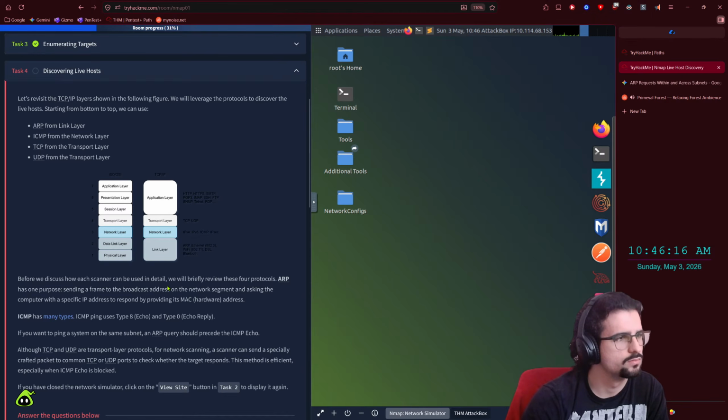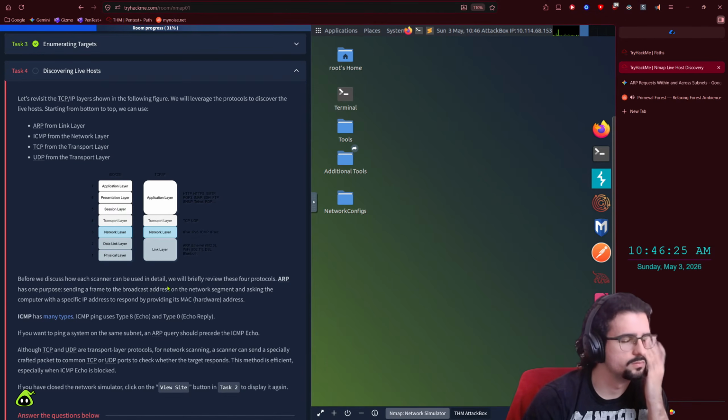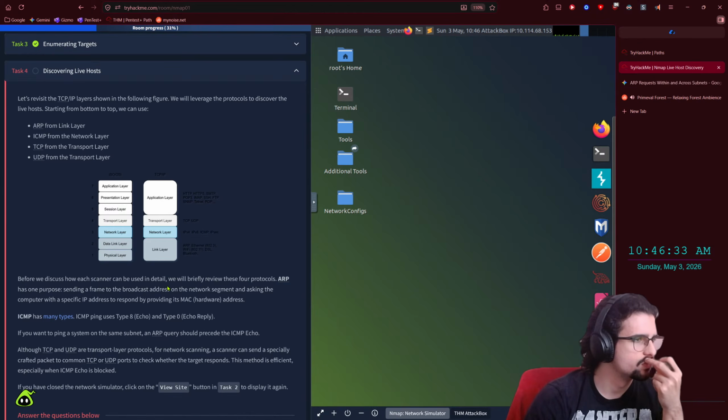Let's revisit the IP layers shown in the following figure. We will leverage the protocols to discover the live hosts. Starting from bottom to top, we can use: 1. ARP from the link layer, 2. ICMP from the network layer, 3. TCP from the transport layer, 4. UDP from the transport layer. Before we discuss how each scanner can be used in detail, we will briefly review these